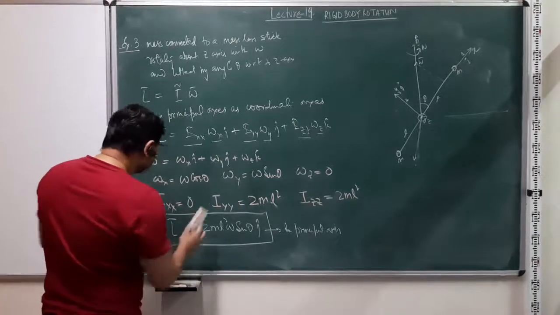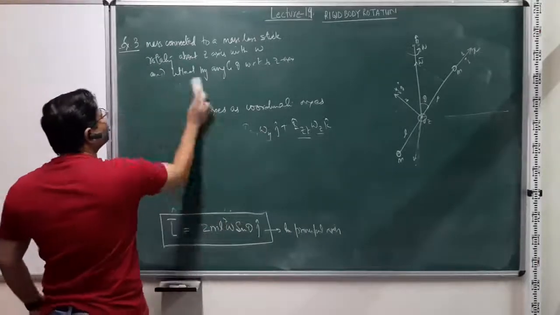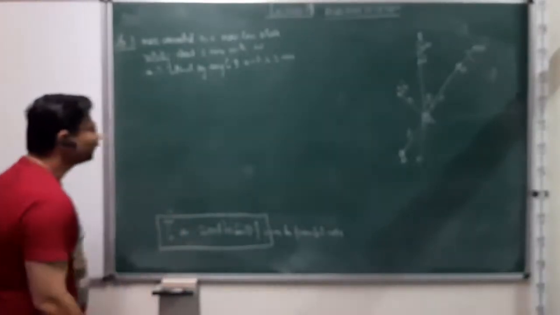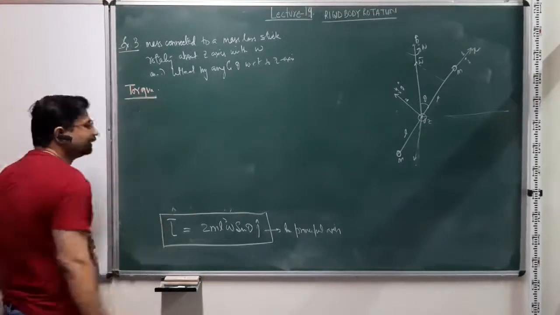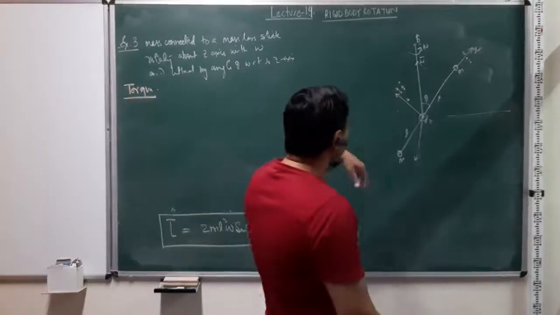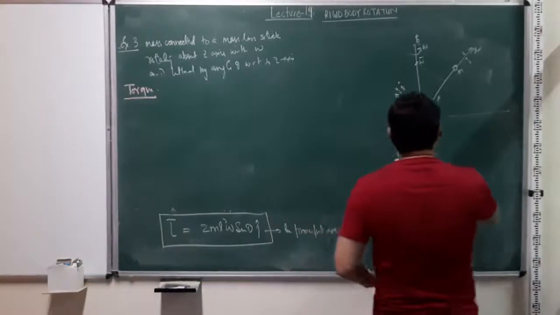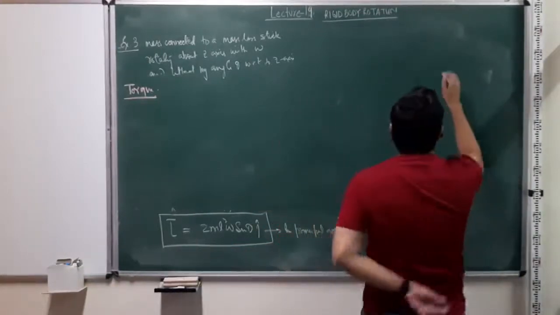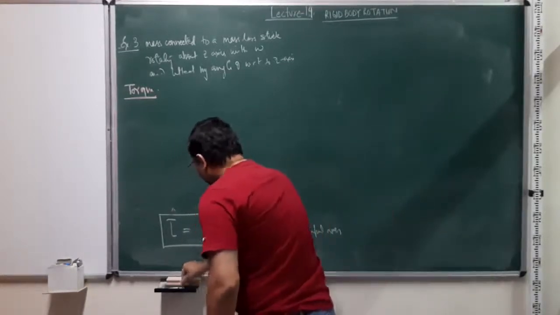Okay. Now let's extend this, and since we know that my angular momentum is going to rotate with the system, that means there is a change. So now can we also find out the torque in the system, or the torque applied? For that, what we need to do is redraw it, because once we get the angular momentum, I don't have to worry about the principal axis anymore. So let us redraw this diagram.